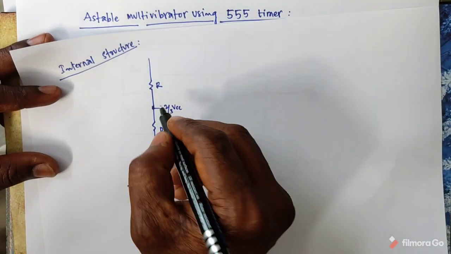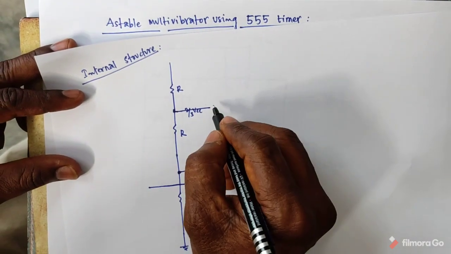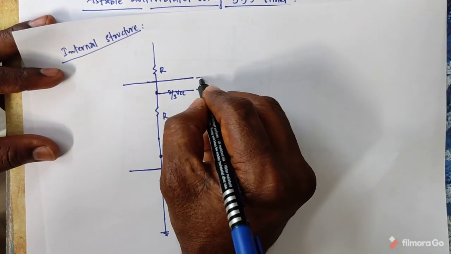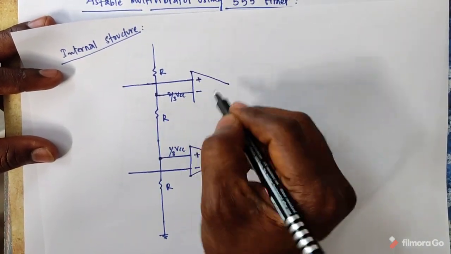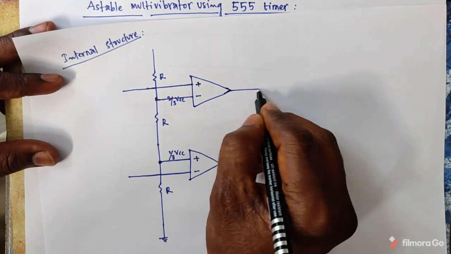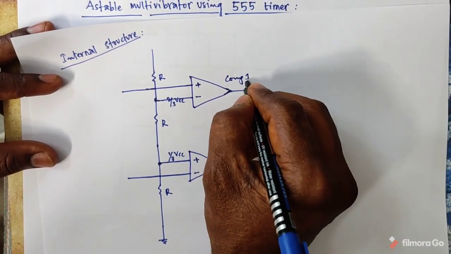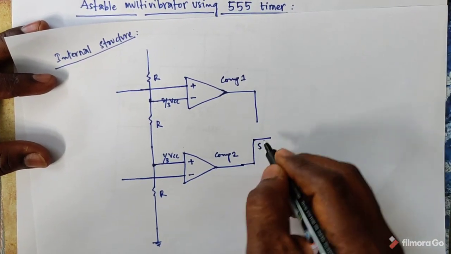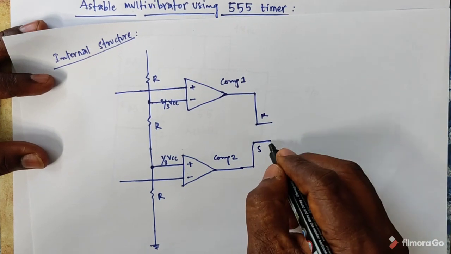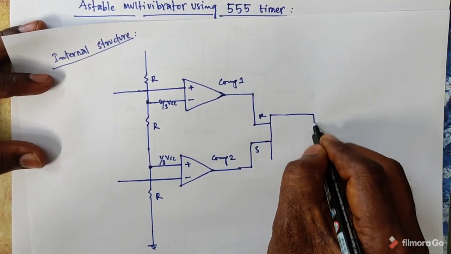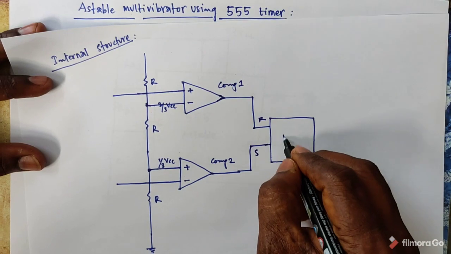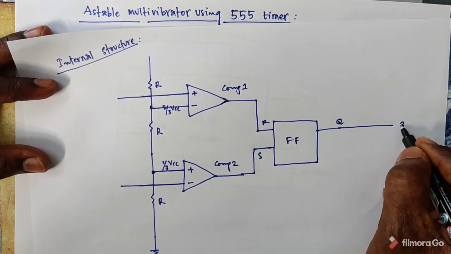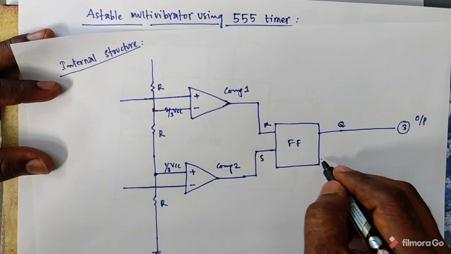Next, the 2/3 of VCC is connected to the negative terminal and the 6th pin is connected to the positive terminal, that is comparator 1. Comparator 2 is connected to S, comparator 1 is connected to R, set and reset, and that is connected to the flip-flop. Flip-flop has 2 outputs, one is Q. Q is directly connected to the 3rd pin, that is the actual output, and the Q bar